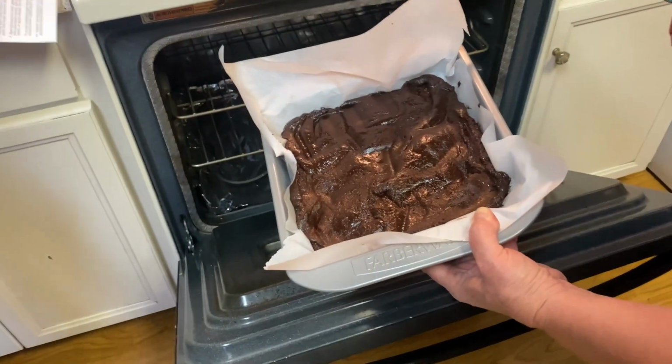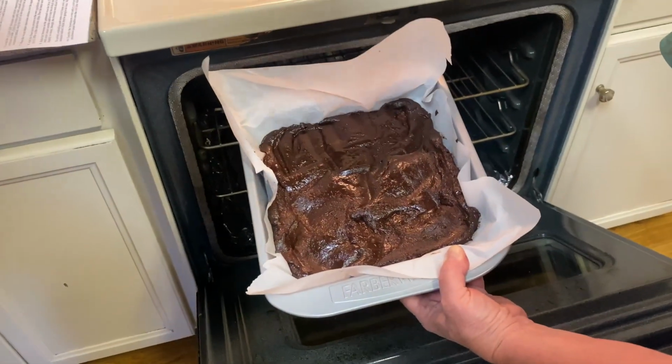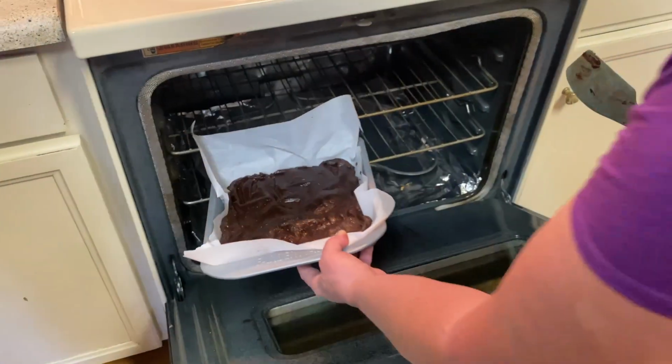Wow. And this is obviously chocolate, isn't it? Oh, that looks amazing. So recently I have been leading out in a community healthy cooking class in the town